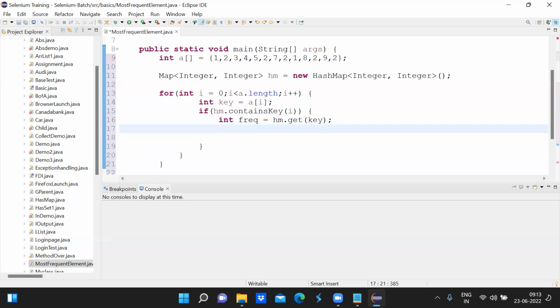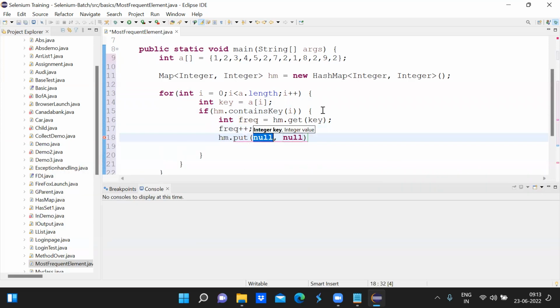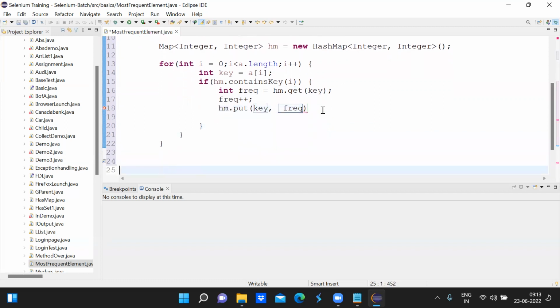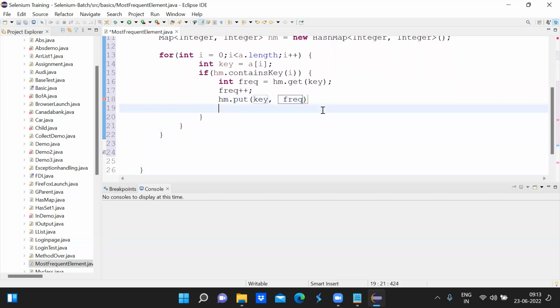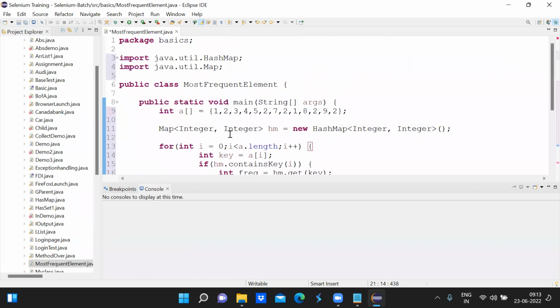I will explain you guys, just give me a minute. Then I will increase the frequency, and then I will just put key comma frequency. So with this I will check if the value is there in my hash map or not, and once that is done,